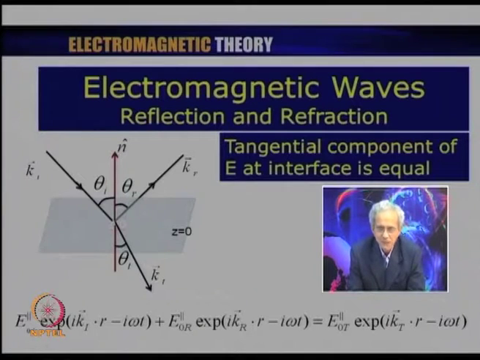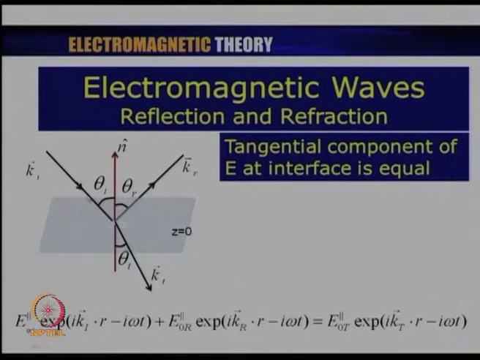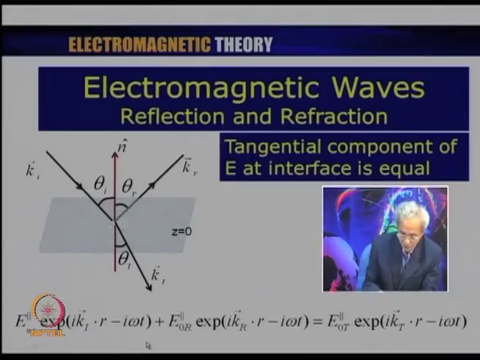The principle that is used in obtaining the standard laws of reflection and refraction is the following: that the tangential component of the electric field at the interface between two media must be continuous. So, if you look at this picture again, you notice that the medium for the incident ray and the reflected ray is the same, and the medium for the transmitted ray is different. So, therefore, what we do is to write down that the tangential component,